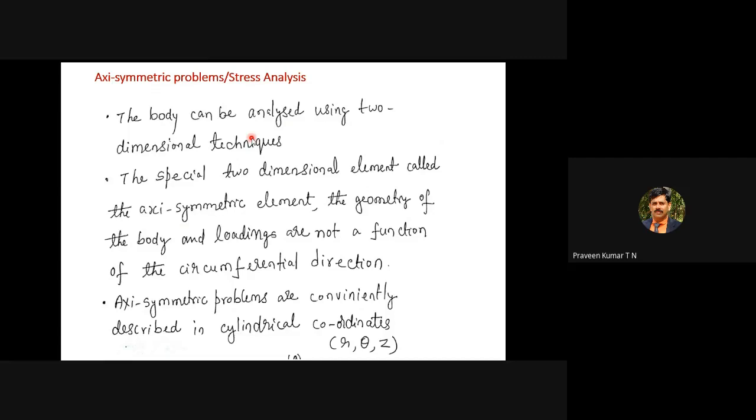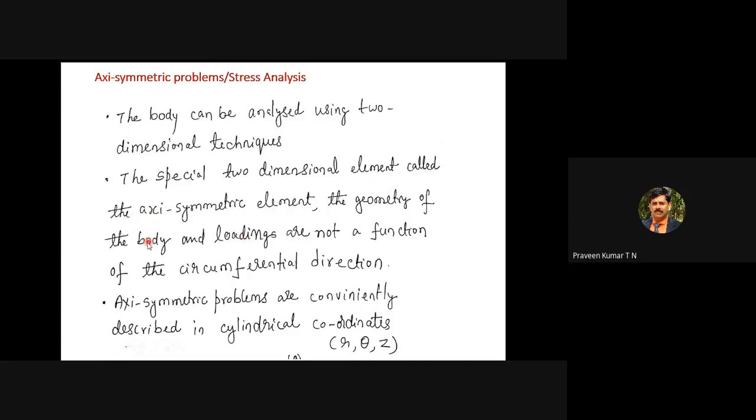So even though the cylindrical object or pipe carrying high pressure fluid is a 3-dimensional object, still when you come to finite element analysis, those problems can be considered as an axisymmetry problem. So we can neglect one dimension. That means instead of going for 3-dimensional analysis, we can go for a special 2-dimensional element. That element is considered as an axisymmetric element. That means special 2-dimensional elements are called axisymmetric elements.